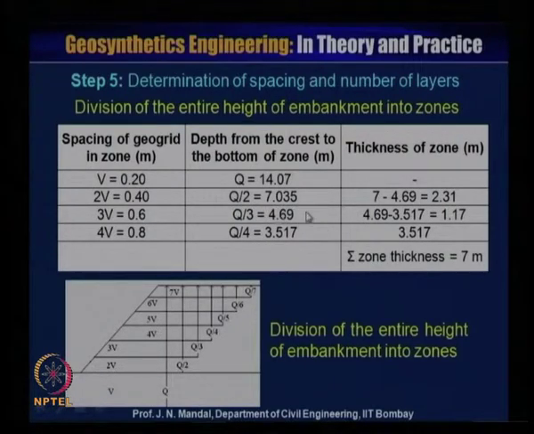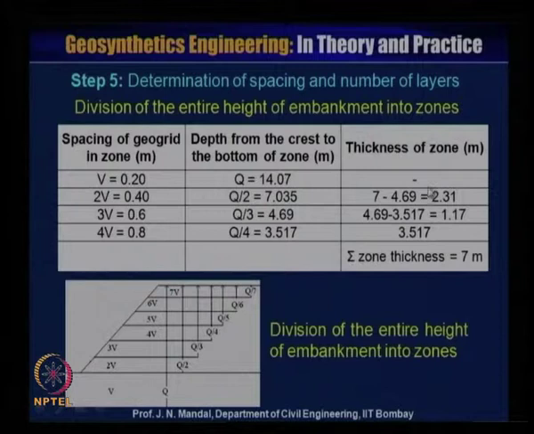So, that means we can consider 7 minus 4.69, which will give the thickness of that zone, that is 2.31 meter. Again, 4.69 minus 3.517 will give 1.17, that is the thickness of that zone in meter, and then the remaining